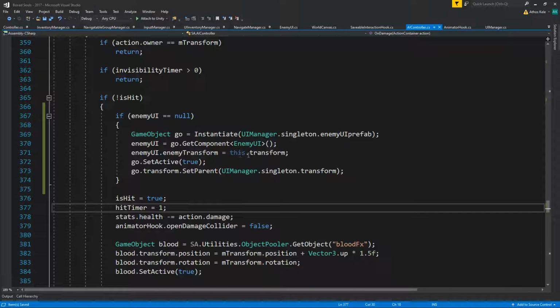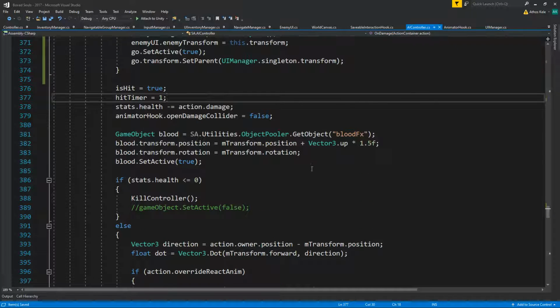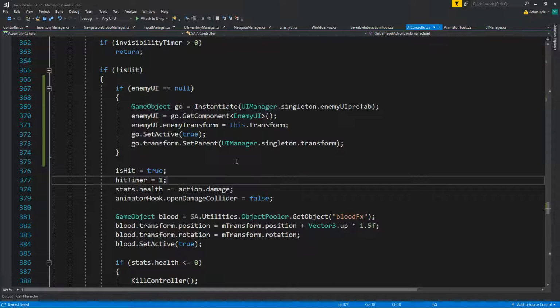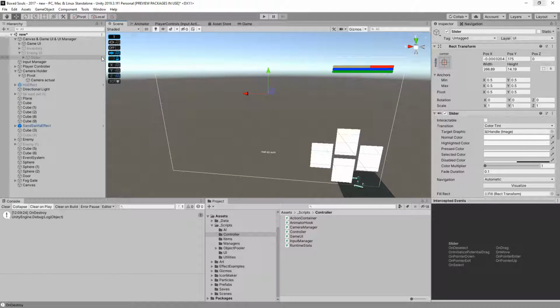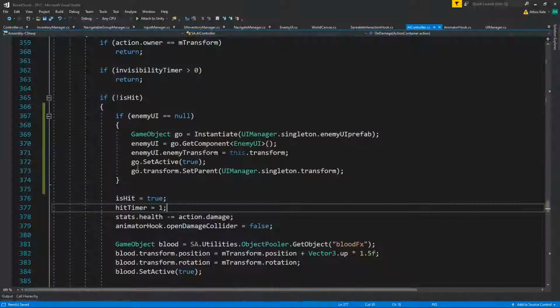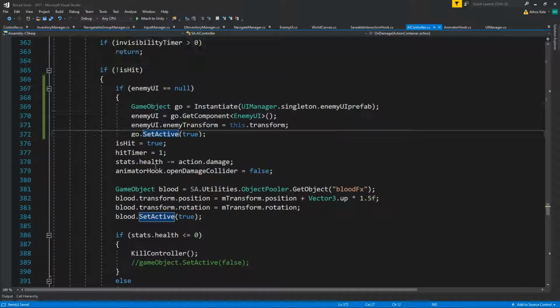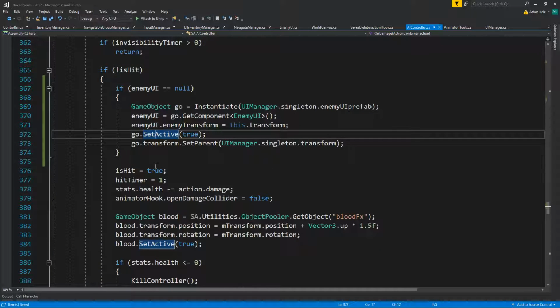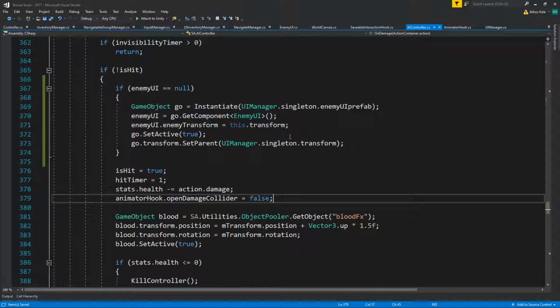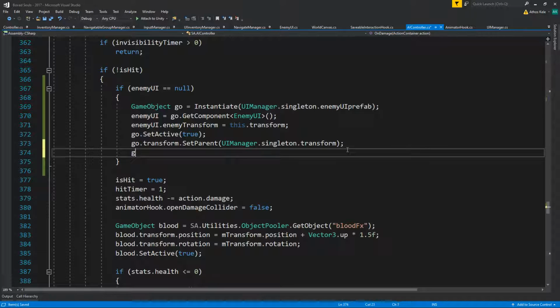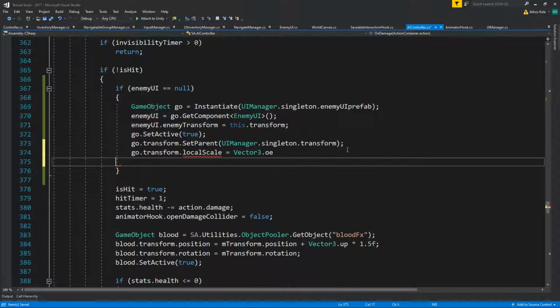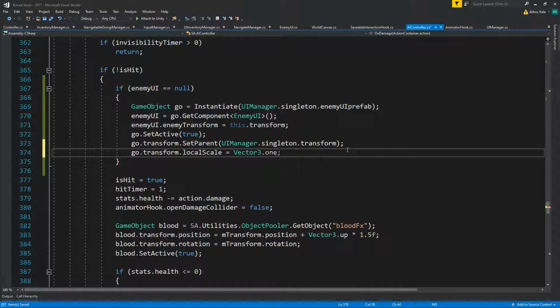well, you know what, it will make a little bit more sense if we make the target follow their hips or something. Well, anyway, that should do it. Actually, I'm just not going to move this at all. I'm just going to leave this at the very center because we would like to target different parts of the body. So if he's far away, then it will offset by too much. But what I'd like to do, however, is go over here and set the local scale to Vector3.one after we have parented under our UI manager. Okay, so with that,